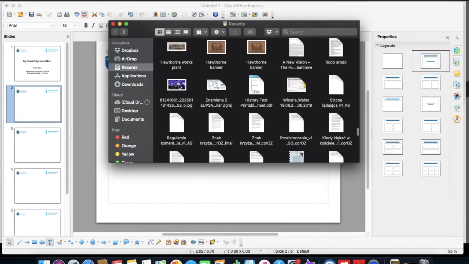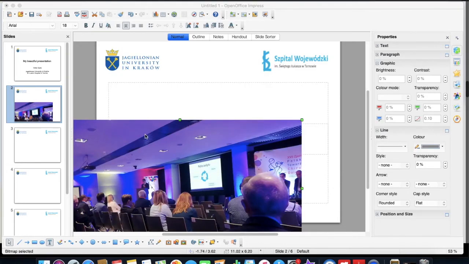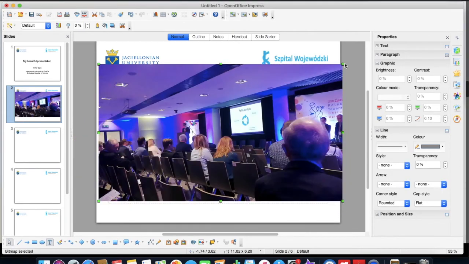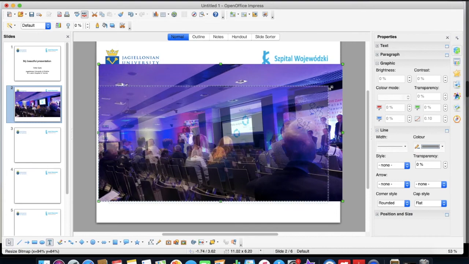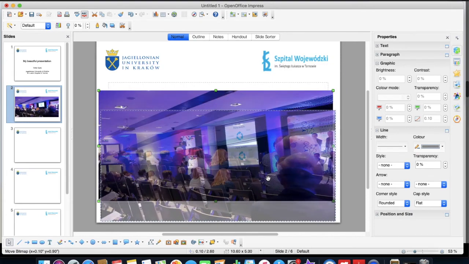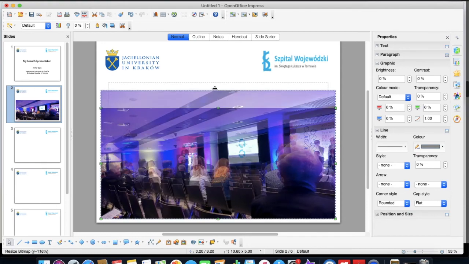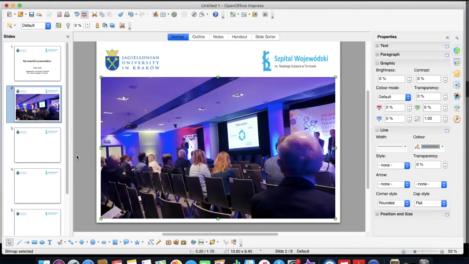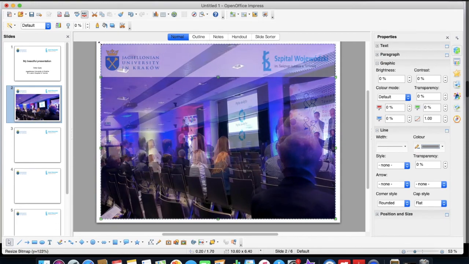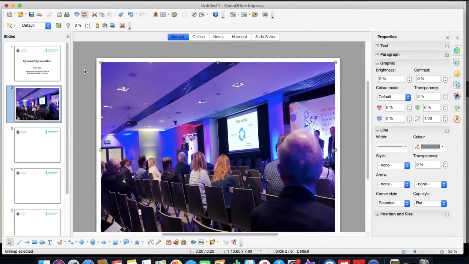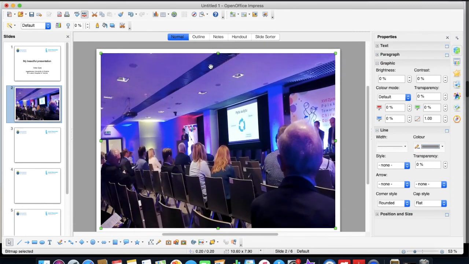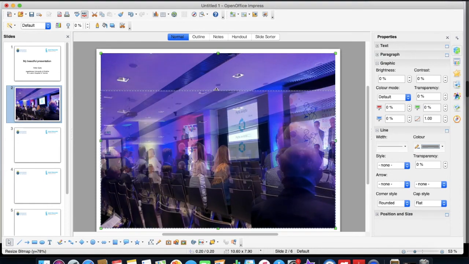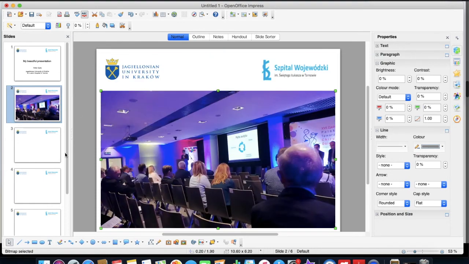In this example, I am choosing a photo for my anecdote and putting it in the second slide of my presentation. Now you may choose to leave the logos visible, or you may choose to cover them altogether. It's up to you. In this situation, I chose to leave the logos be.